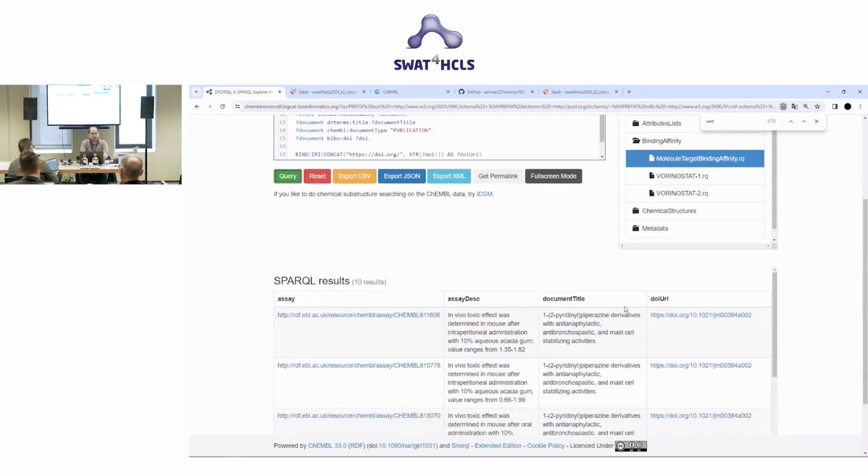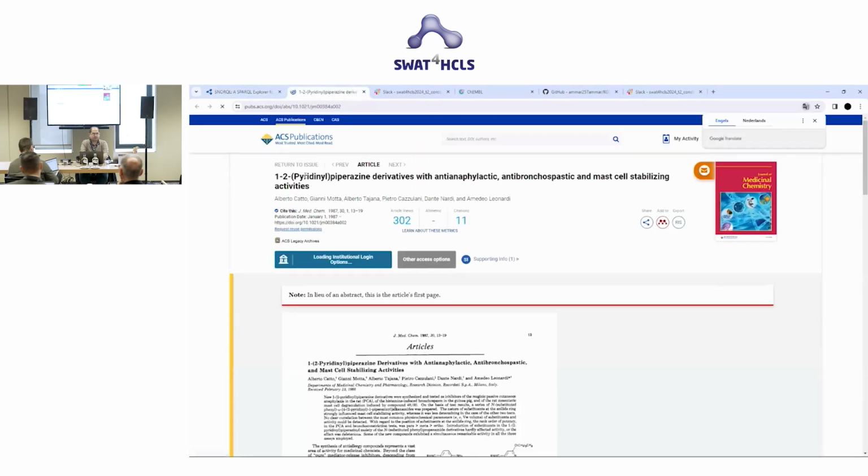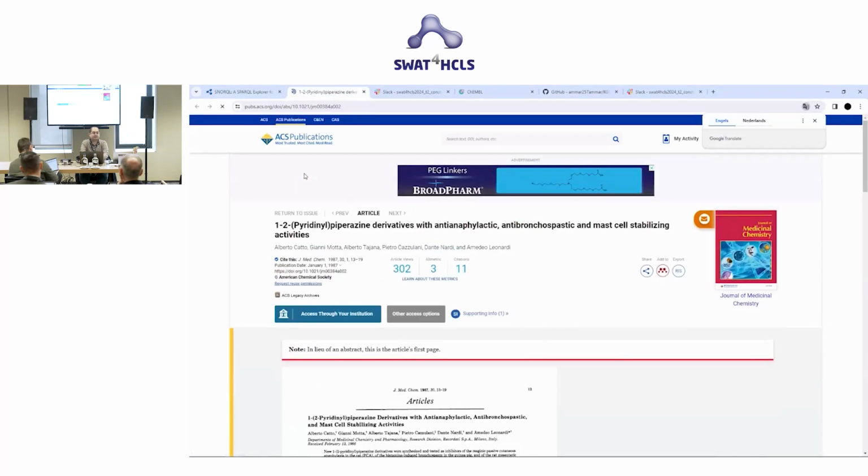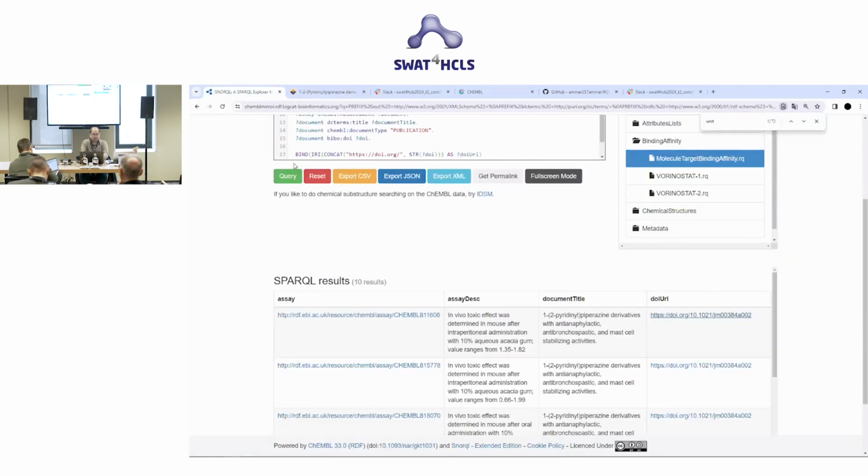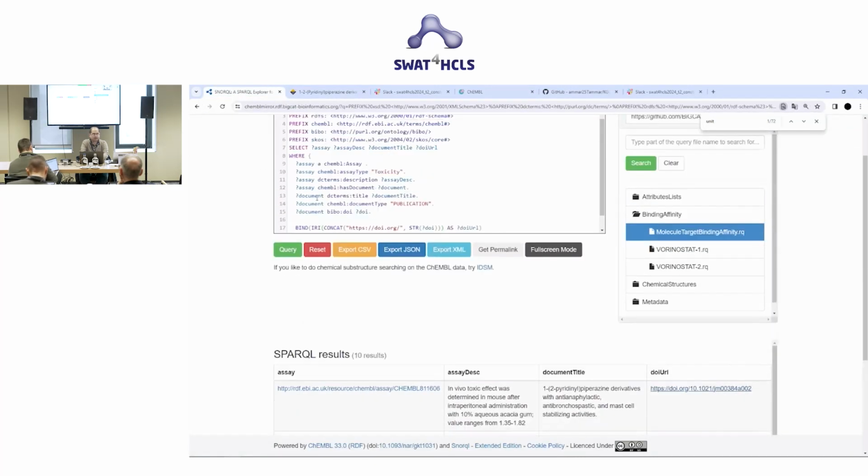So if we run the query, now we see we have a link. If you go and open it in a new page, you will reach the publication page. So this is another helpful use of the bind query. We constructed the full URL of the publications from the DOI identifier stored in Kimball, and we can now